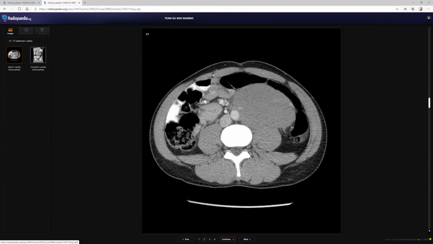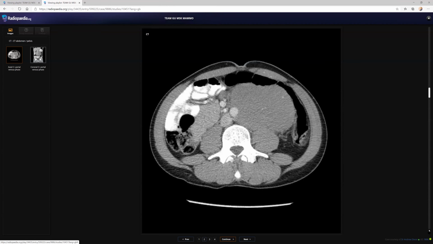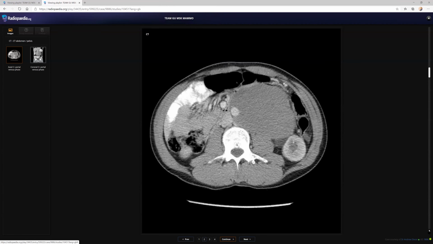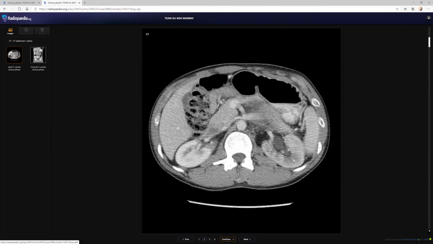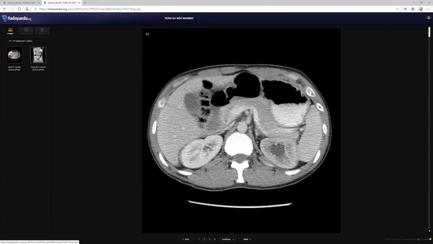So bilateral kidneys look fine. I can see there is a displacement of the aorta towards the right side. Looking at the, yeah, there is a hydronephrosis of the left kidney. Spleen and liver appear normal. I want to look for